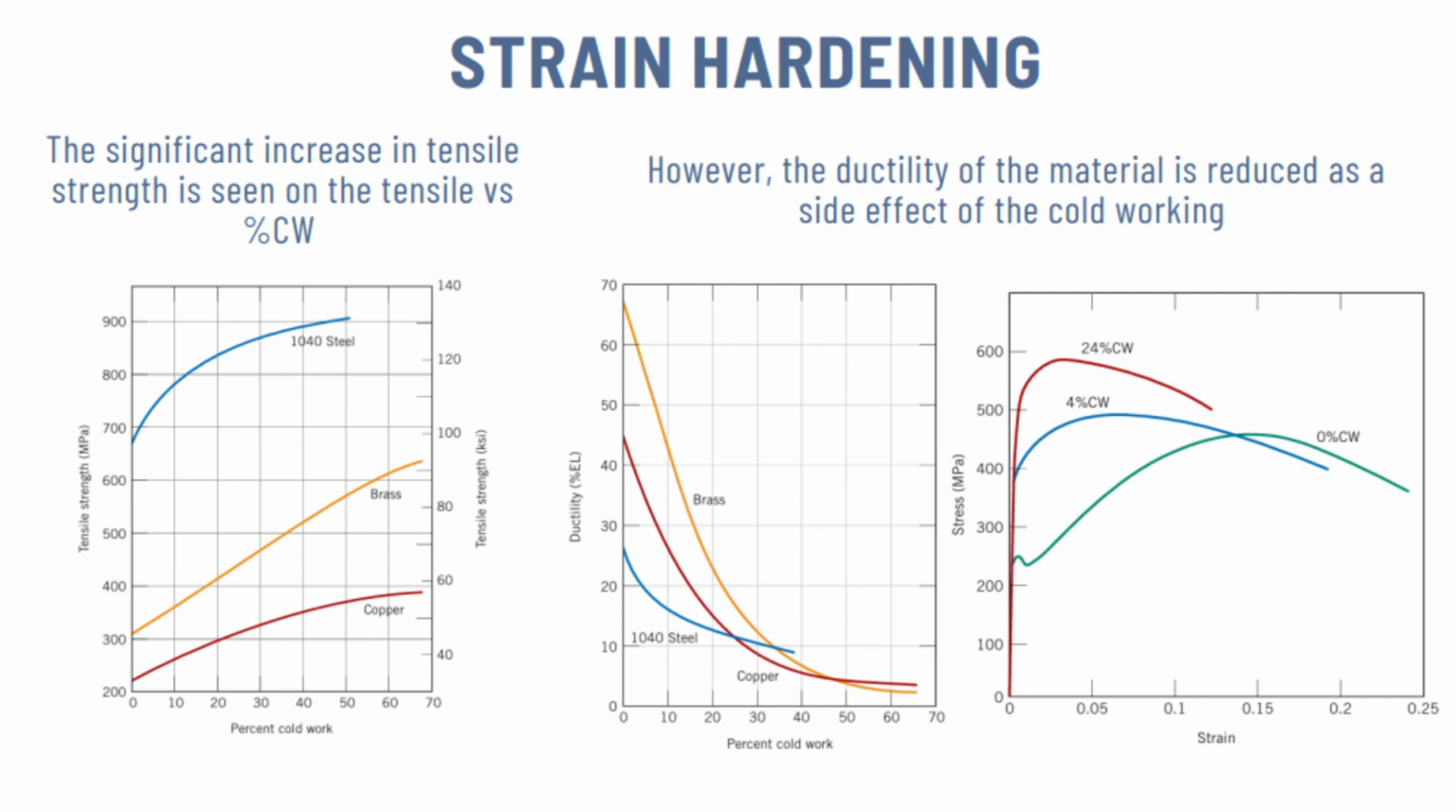Therefore, engineers must be careful when using strain hardening as a method to strengthen their materials, because it can make their materials very brittle, which is dangerous for engineering applications as it can cause fracture rapidly as compared to ductile